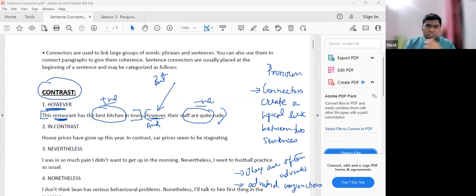If you asked me, sir, should I fill this particular college form? Is the college good? I would say the college is decent. However, it is very expensive. Decent means the college is good, a positive idea. It is very expensive, maybe a negative idea, because none of us prefer expensive stuff. So that's why I have put the word however.